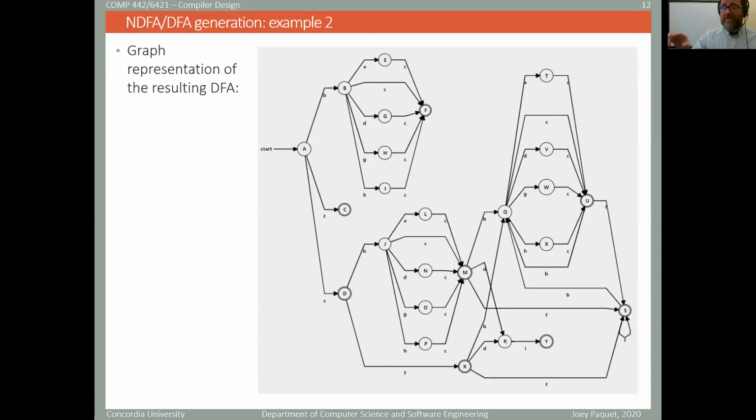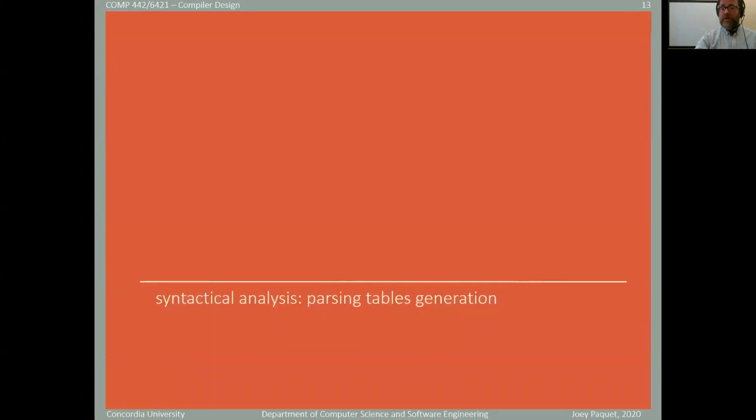If you look in the references at the end of the slide set, you will see references to the slides that we covered in class. All the questions are going to be about things we covered in class, only about things we covered in class. Okay, so these were the examples for the